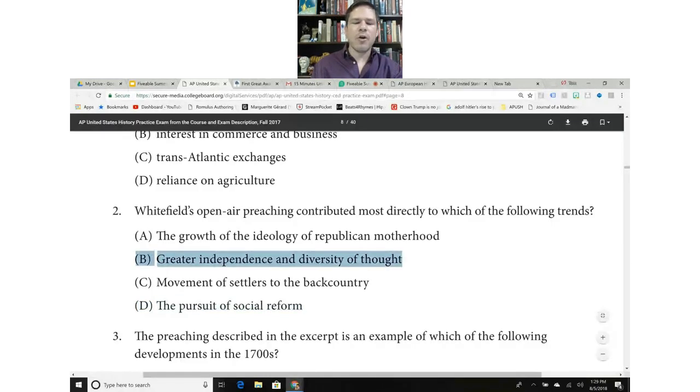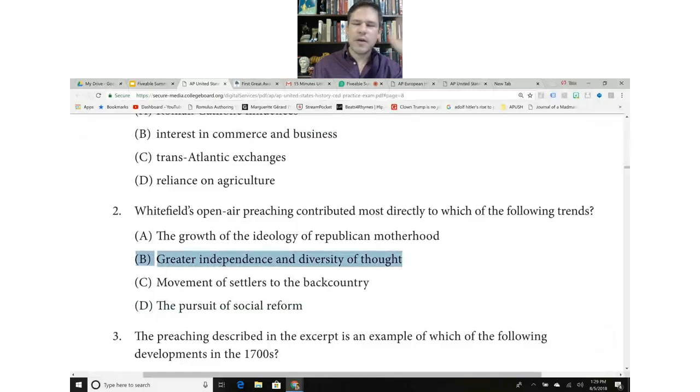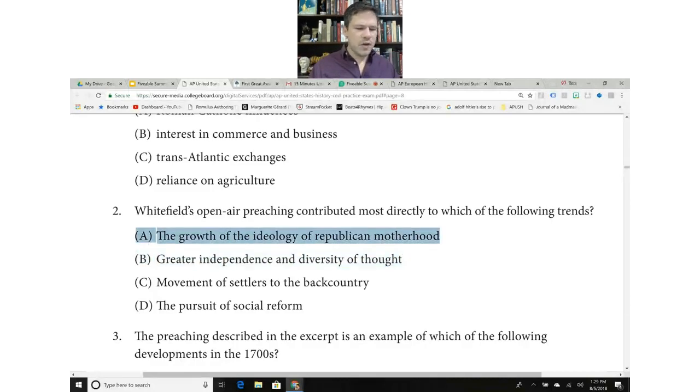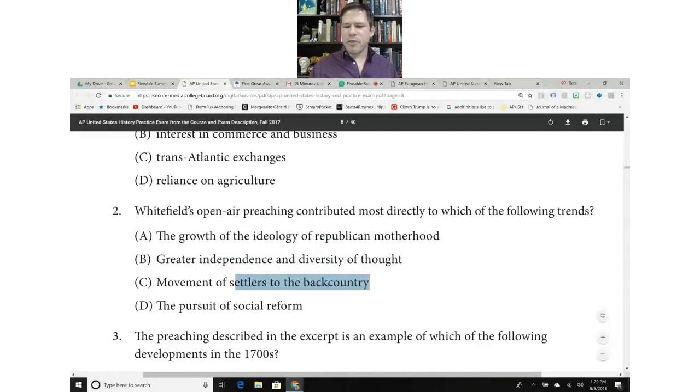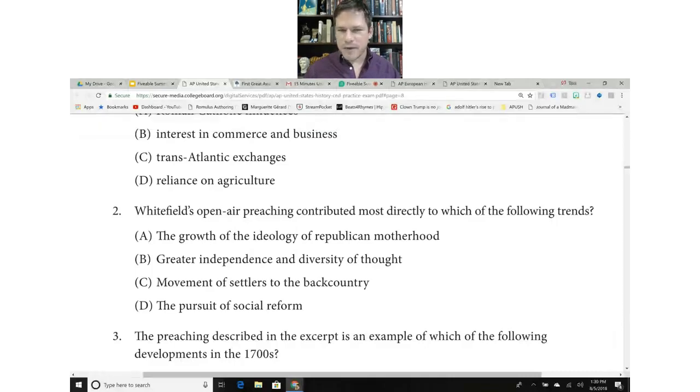And so what we see here, greater independence and diversity of thought, is something, of course, where you have greater diversity of thought when it comes to religion, with the rise of these non-traditional denominations. And so one thing that I want to point out here is students need to be aware that in most cases, this one was obviously wrong. This one was obviously wrong. The student shouldn't really overthink between the two that are left. Okay. So, when the student's reminded, you've got to get half of these right. Don't just sit there and puzzle over this. And if you get it wrong, you're going to get some wrong.